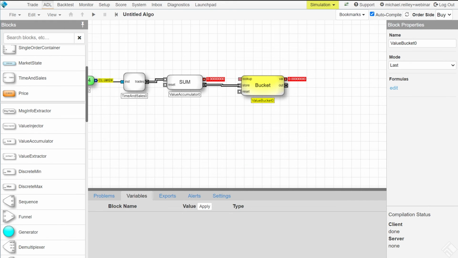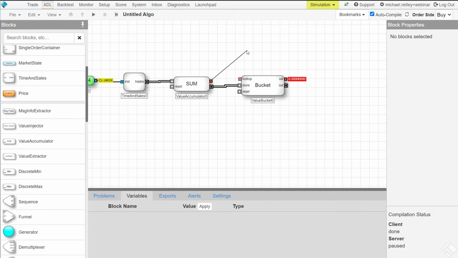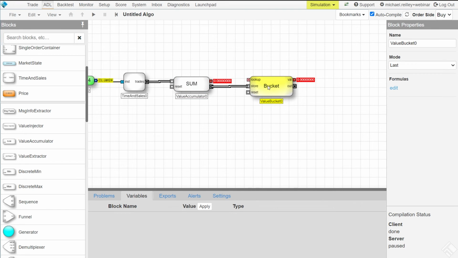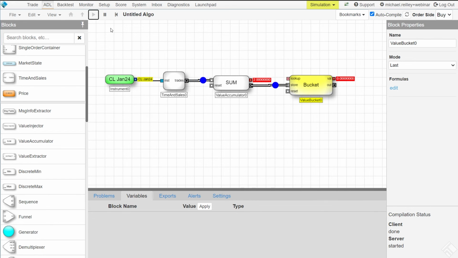Okay, so with that set up, the first value that we are going to ingest into the value bucket is going to be a 1 coming out of the value accumulator. So the output would be a 1, and that will start our first storage in the bucket with a value of 1. So if we go ahead and hit play, we are now going to start to accumulate data into